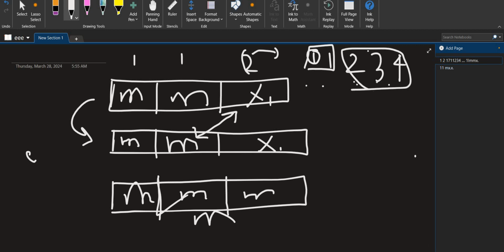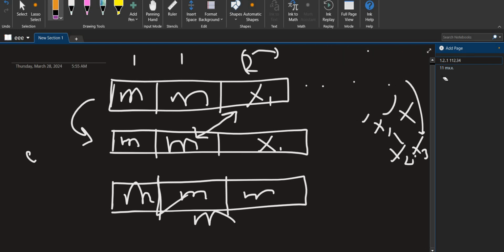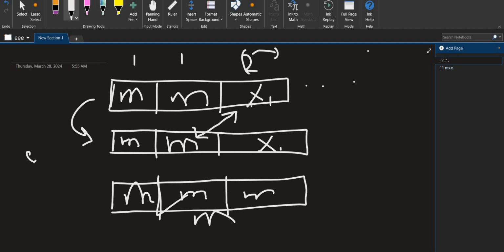And what are these? These are called the rest of the values. I could call it X. Even more, I could call this 2 as X1, this 3 as X2, this 4 as X3, right? So that's how I could define it. But in this case, the scenario that I am taking here is where this M value's frequency is less than the total X frequency, which means,